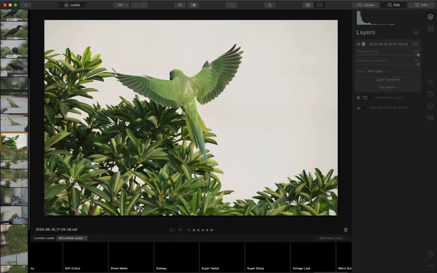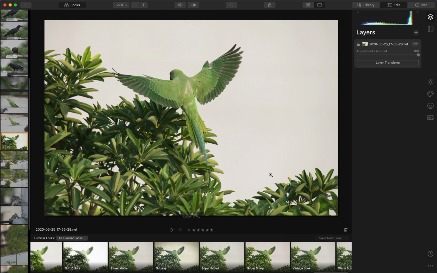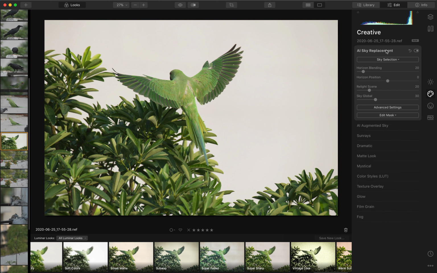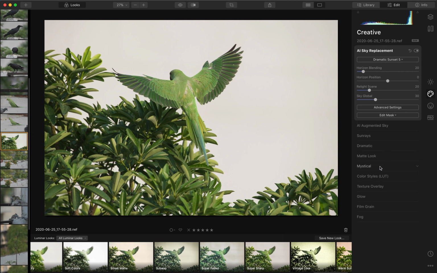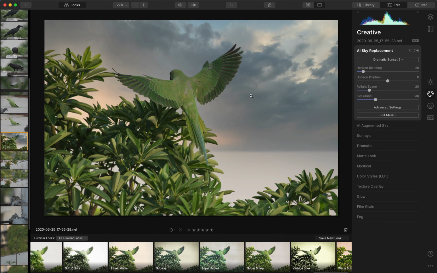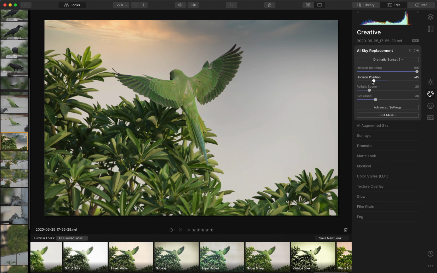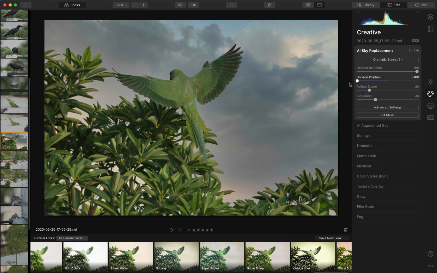For example, this one, I wish I could actually use image layers also here, but the much talked about sky replacement, although I have my own images, we'll just use one from here. It just transforms the mood of the entire image. Now we can see this area is left out, and we can do it the other way around.